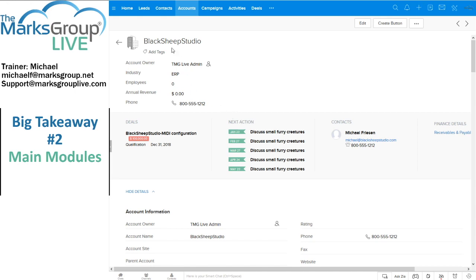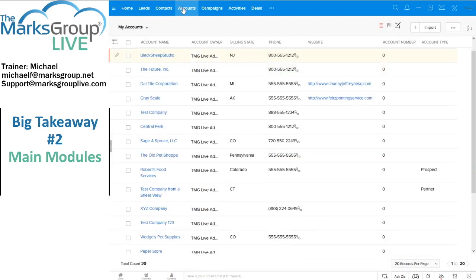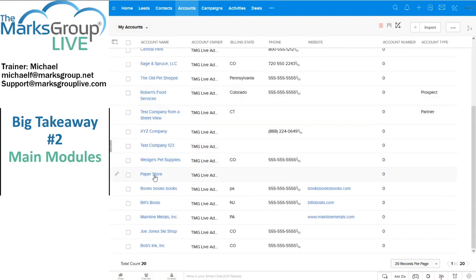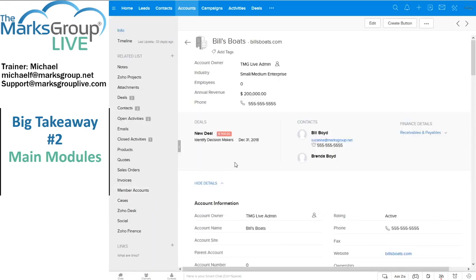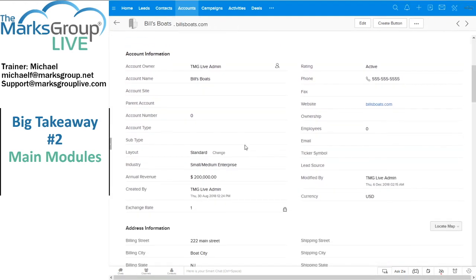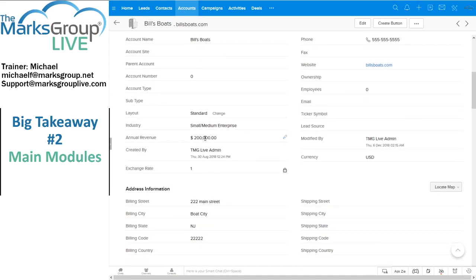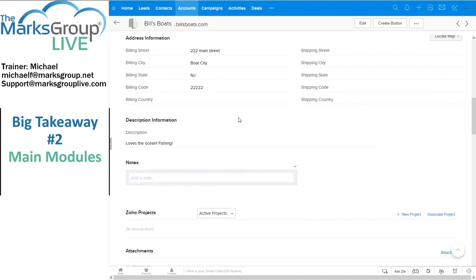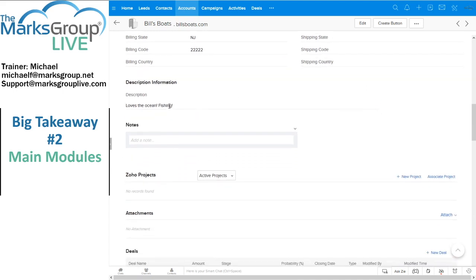If we look at another organization, let's go to another account. Let's go for, let's see, do we have Bill's Boats? There's Bill's Boats. Bill's Boats has 2 contacts, so there are 2 people associated with that. As we scroll down, there's our account information. Here's information about this organization. There's the address information, description,